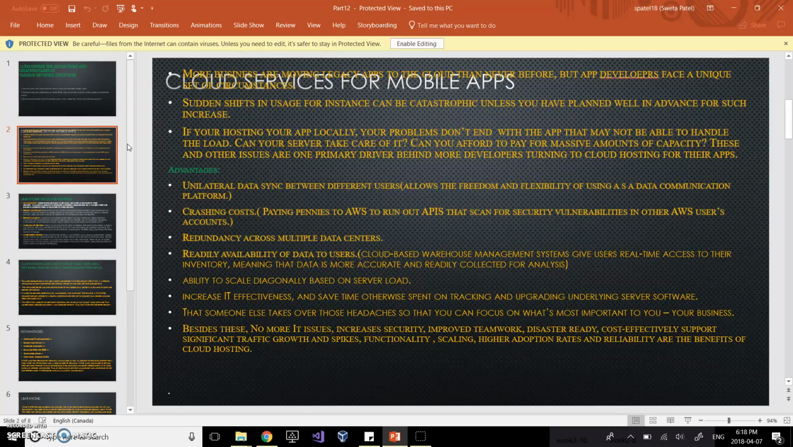So what are the advantages? So that is unilateral data sync between different users, allow the freedom and flexibility of using as data communication platform, reducing the cost, redundancy across multiple data centers, readily availability of data to the users, ability to scale diagonally based on server load, increase IT effectiveness, and save time otherwise spent on tracking and upgrading underlying